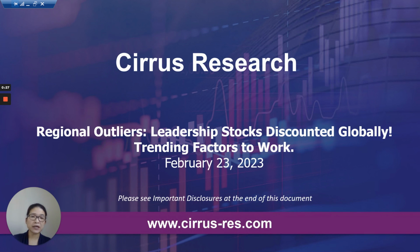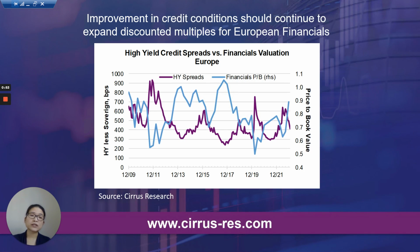So one of the biggest takeaways is summarized in the title, which is that trending factors should work. And this goes back to our risk metrics report, where we found that market crowding is not a concern. So how we measure that is using the valuation of trending stocks. So if investors are all piled up in a few names, that's a risk for the market. And if you look at Europe, where some of these trending stocks are driven by financials, their valuations are actually